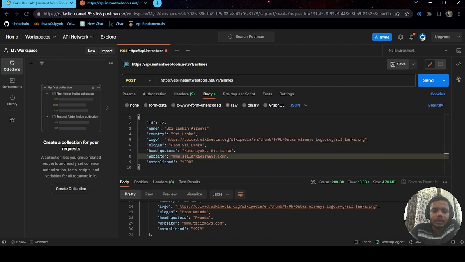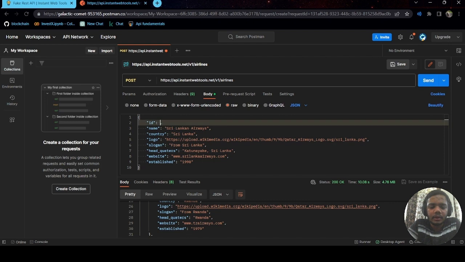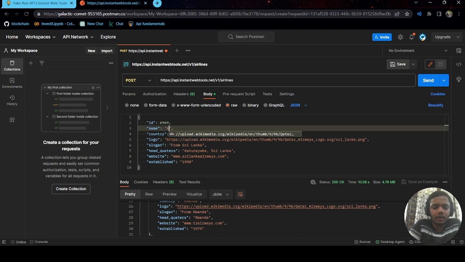Now we can change this according to ourselves. Let's go with the ID of our airline, right? Let's go with 6969, and the name of the airline we'll go with Air India, right? Air India, country India,